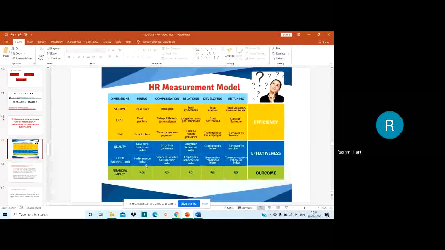Then compensation: how much salary and benefits you are paying to the employees and how much you are going to get back from them in terms of services and productivity. Then afterwards, when it comes to relations, return on investment, see to it that the expenses on grievances, litigation, court cases, everything is cut off and there are happy employees in the organization who are productive enough. So that would be the return on investment for relations.